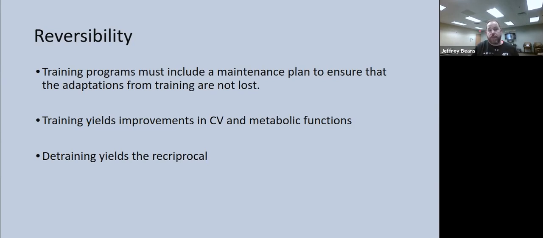Now, I will tell you that within a week or two of starting, he lost a fair amount of that weight from Jump Street, because a lot of it was water weight. He wasn't moving as much, therefore he wasn't getting water out. Plus he has PAD, which means he's not moving the circulation that well anyway. But it took no time at all for him to get the gain. It took a long time for him to get the gains, but it also took him a long time to lose those gains. And so training programs must include a maintenance plan to ensure that adaptations from training are not lost.